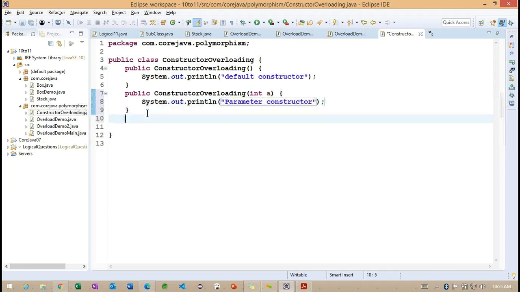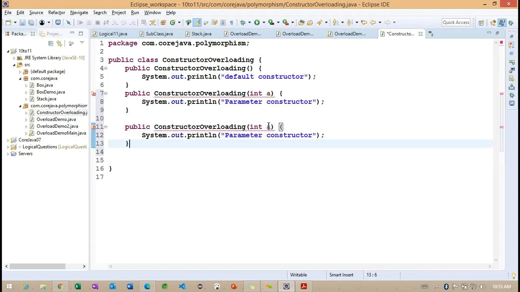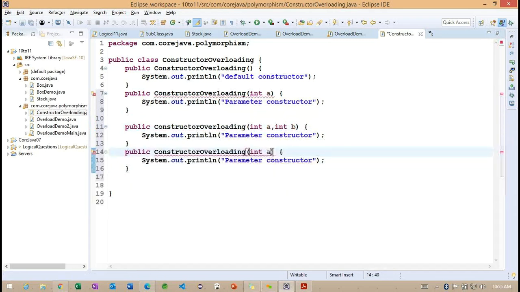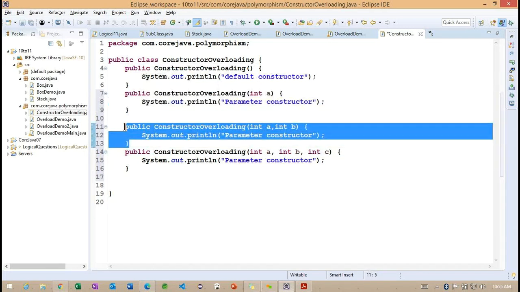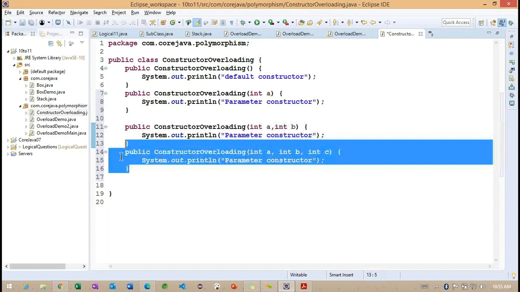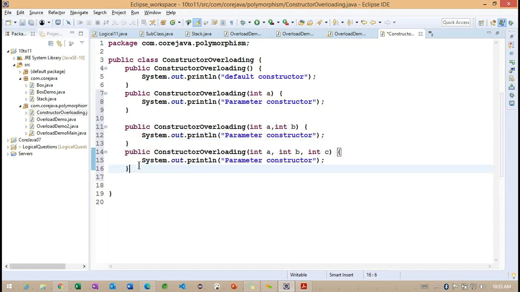And so we can define how many parameters we want to define here. As many parameters as we are interested in, we can go for it, right? Same way we can work with the methods. So now you can see, this particular constructor is expecting, so the default constructor, which is expecting one parameter and which is expecting two parameters, and this one is expecting three parameters.